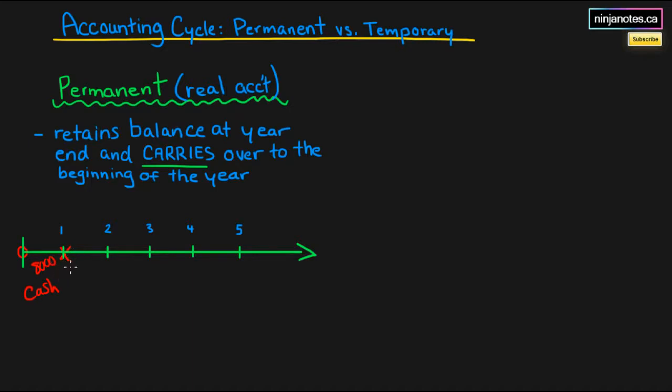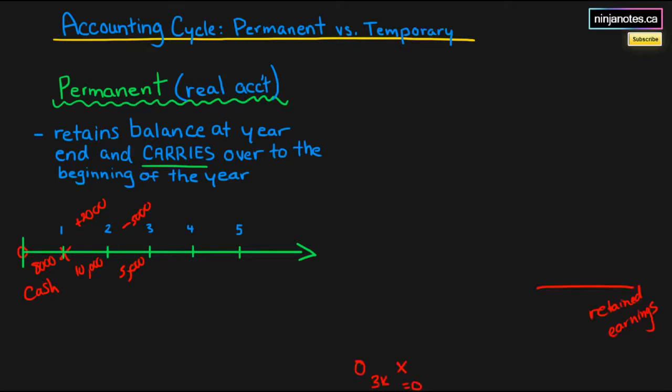We're actually going to carry it over, and then let's say throughout the next year we increase our cash by $2,000. Well, our balance is going to be $10,000 at year end. So it keeps carrying over, and let's say our cash goes down by $5,000 in year 3, then our cash balance will be $5,000 because it was reduced. As you can see, these account balances carry over. These are permanent balances that are just adjusted.